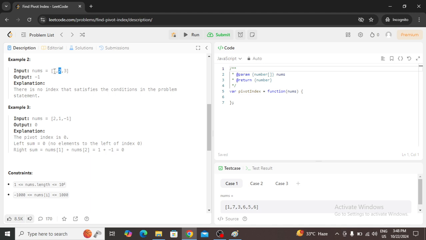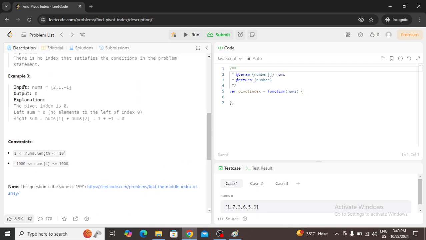The left sum is 1 and the right sum is 3, which is greater, so the left sum is not equal to the right sum. We move to the next element. The left sum is 3 and the right sum is 0 because there is no right element. So the left sum is not equal to the right sum. Therefore there is no pivot index in this array, so we return -1.